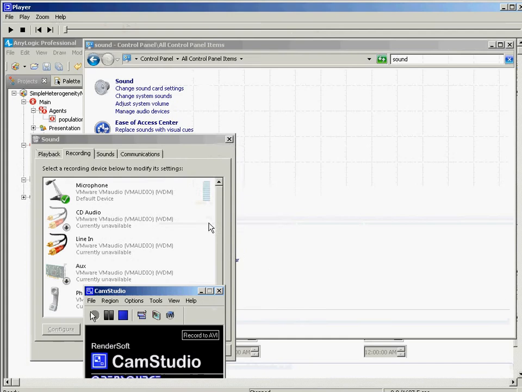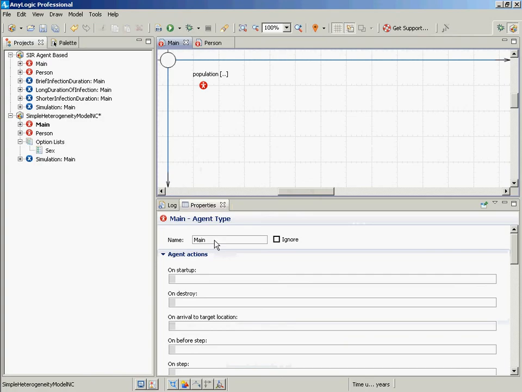Recording here because some people might want to have a specific discussion of window management in AnyLogic. AnyLogic's interface is embedded within what's called the Eclipse framework. And if anyone here is from a software background, you may know that Eclipse is one of the most popular editors in the world for doing editing for software development. This is AnyLogic, built atop the Eclipse RCP framework, and it permits us to